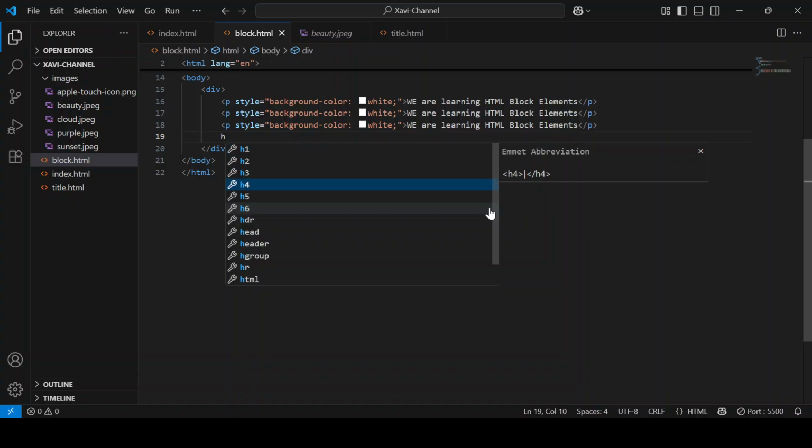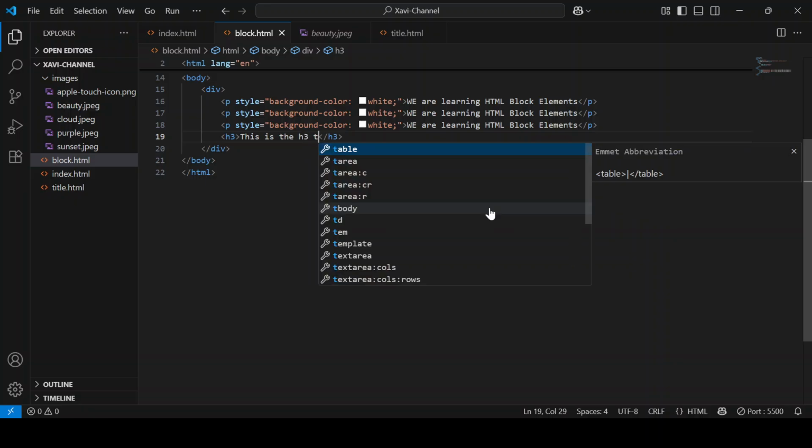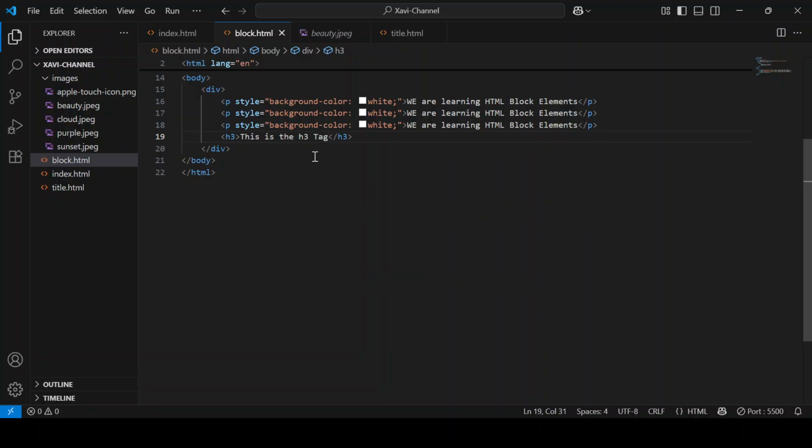Let's try out H3. Then what else? We type something right inside. Let's type something like this is the H3 tag. This is the H3 tag. Then